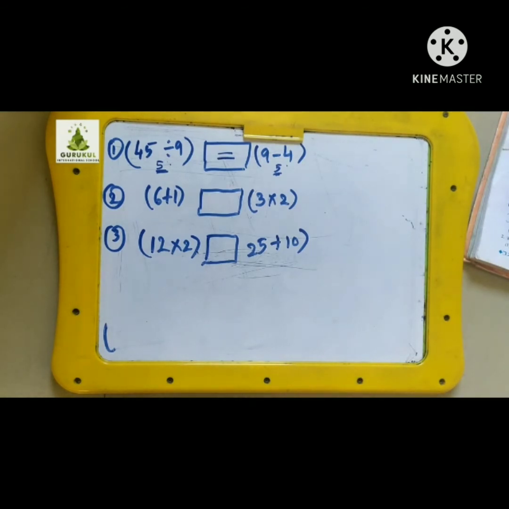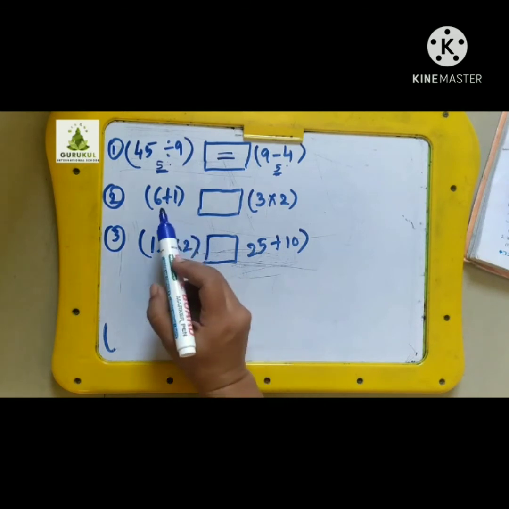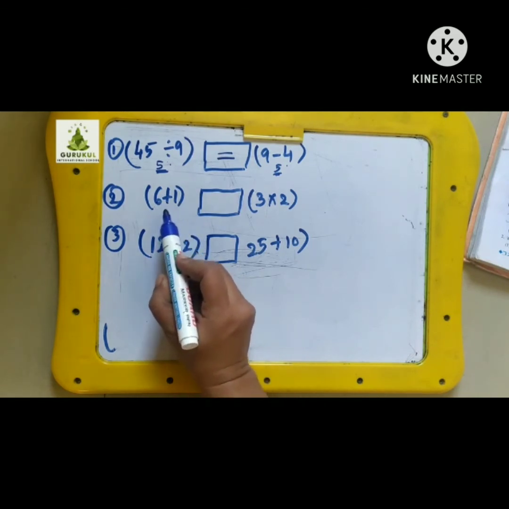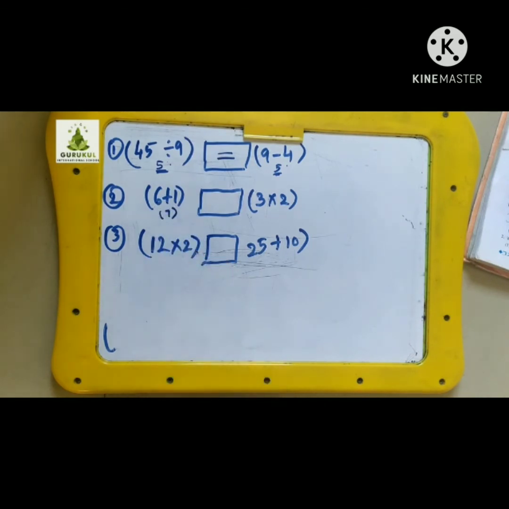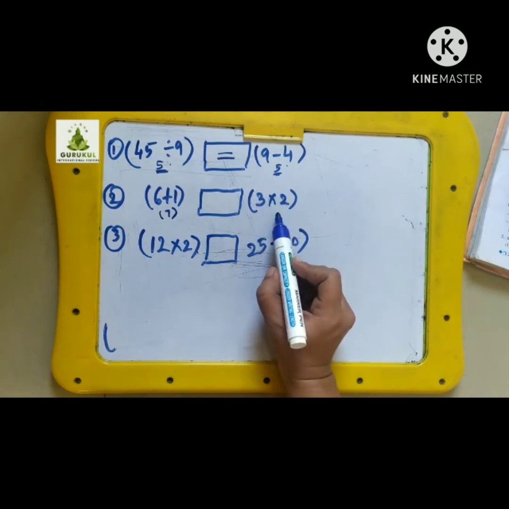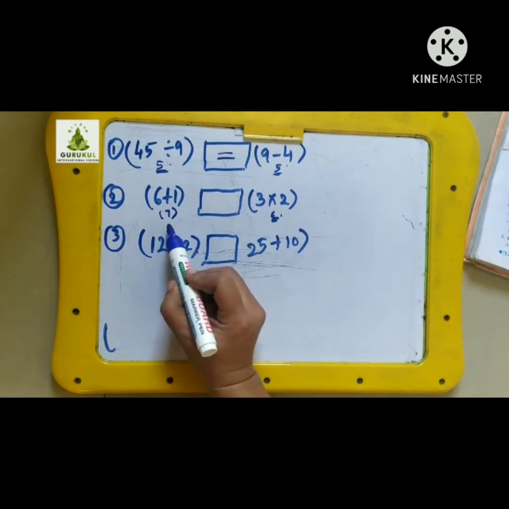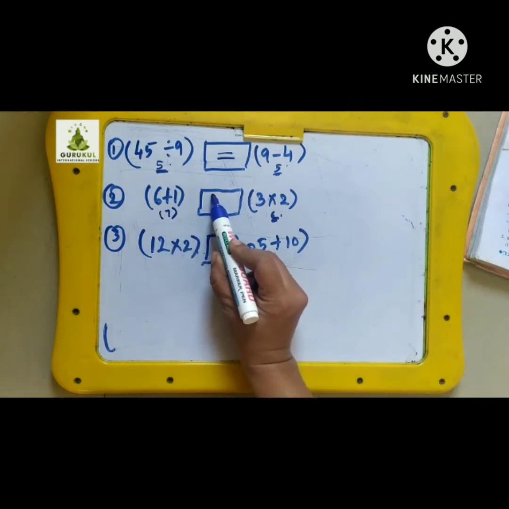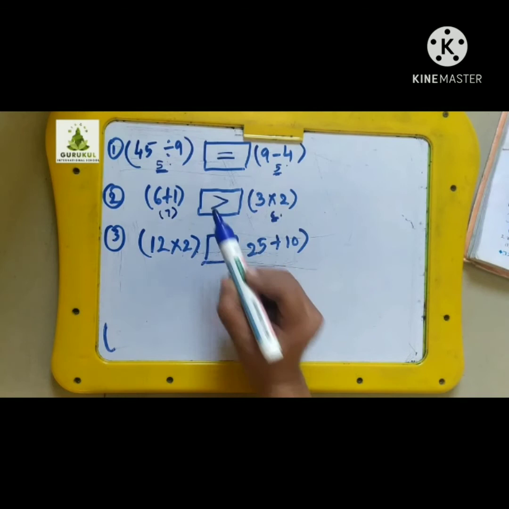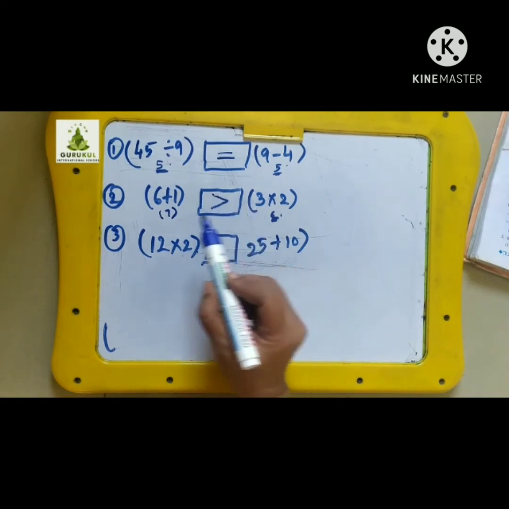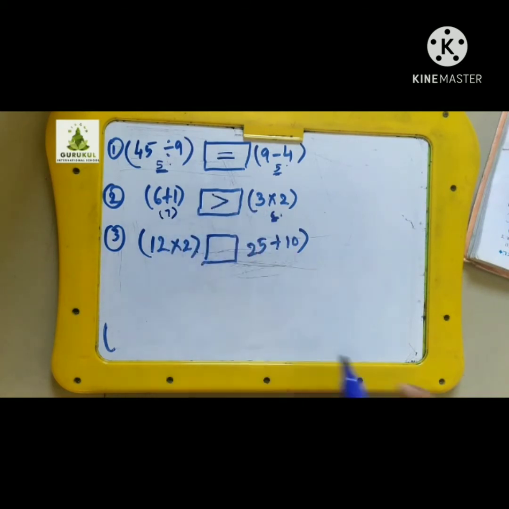Okay, then next you have here 6 plus 1. 6 plus 1 gives you the answer 7, and 3 into 2, 3 2s gives you answer 6. Now both numbers you see them as different. So if numbers are different, you have to see which is greater and which is smaller. 7 is a greater number, so open mouth will come towards the 7 this way, and so you will say 7 greater number, 6 less number.